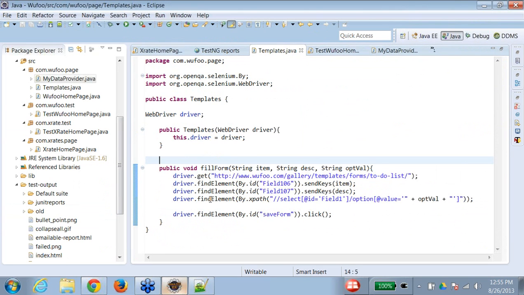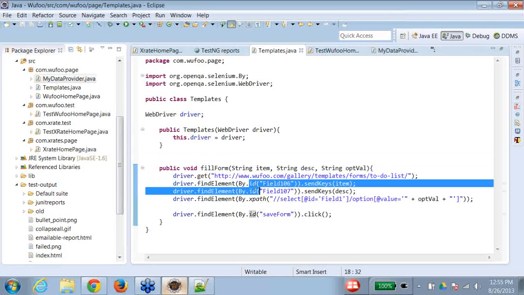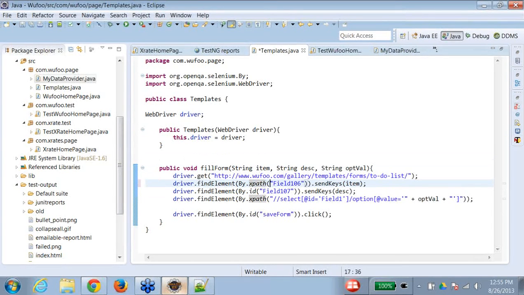Let's use XPath only. Say by XPath, and here I will say find an input with @ID is equal to,